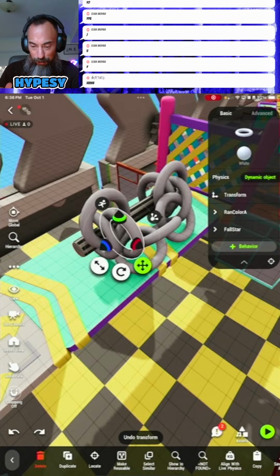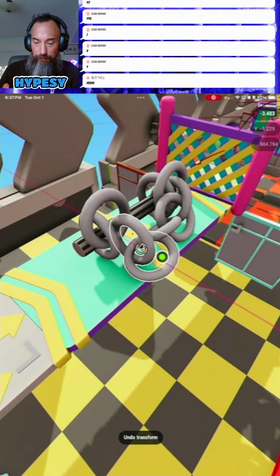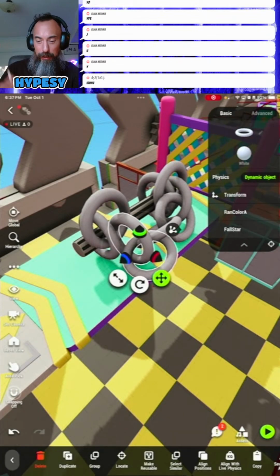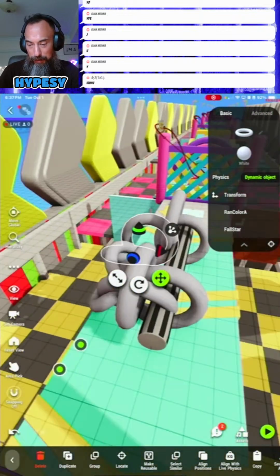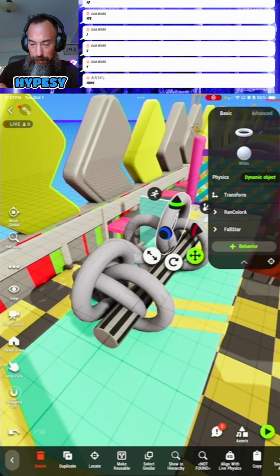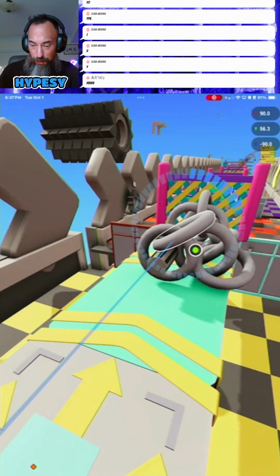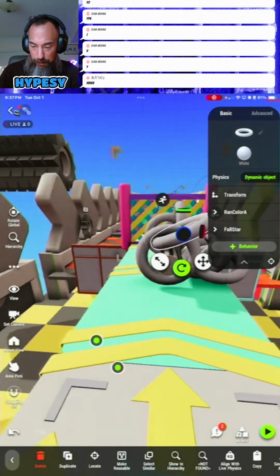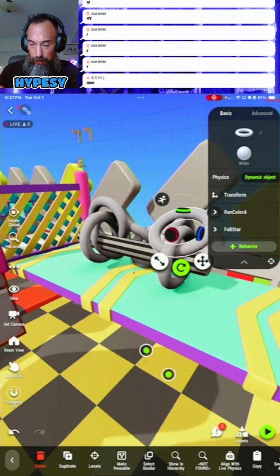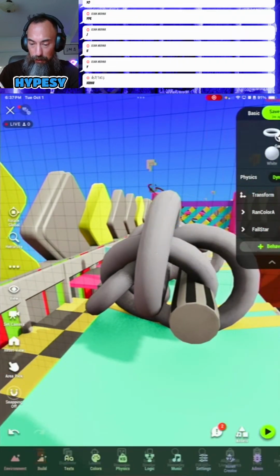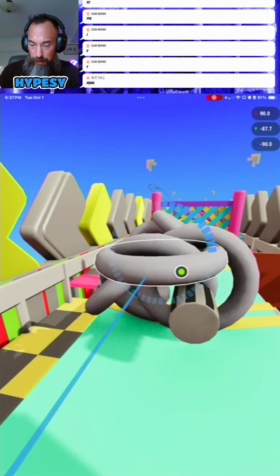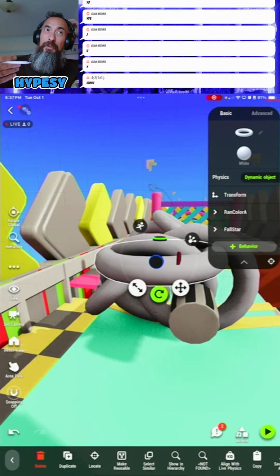But then if I move that ring out, I gotta tap this one. I'm just using my pencil here, which makes selecting the specific objects a little bit easier. So then here, let's move this over like this. Okay, so we can see that it's still in there. We're gonna do the same for this one. This way, the player will be able to jump.